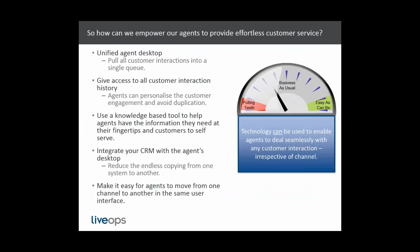So to be able to do that while you're actually on the phone with the customer is a great ability for the agent. It saves time, and guess what? Your customer experience has just suddenly shot through the roof because there they are on the phone with you, their mobile phone pings, and they've got a text to say your appointment is on this date with this particular engineer. So that's about providing that great experience but making it effortless for the agent at the same time. So technology can be used to enable the agents to deal with those